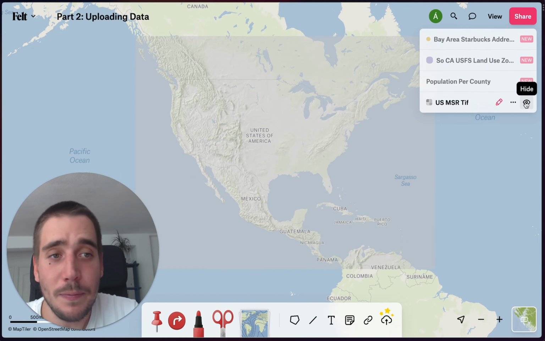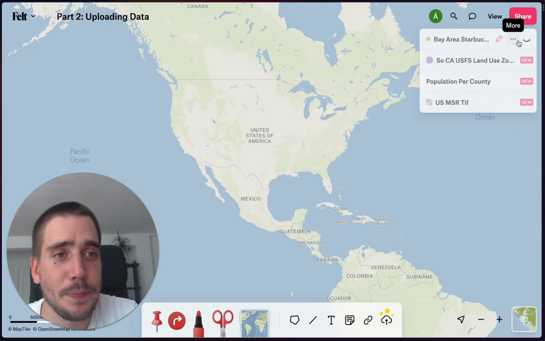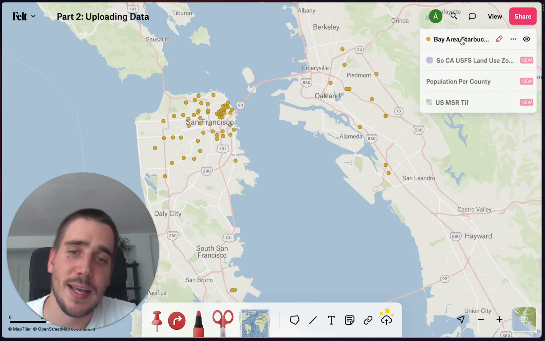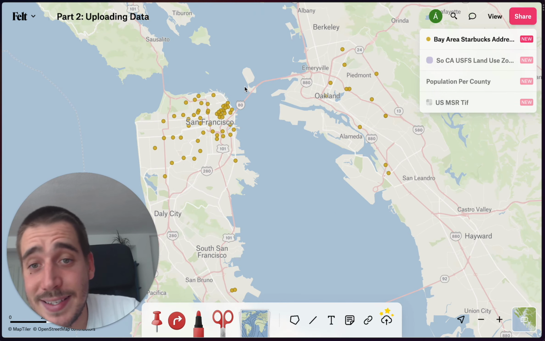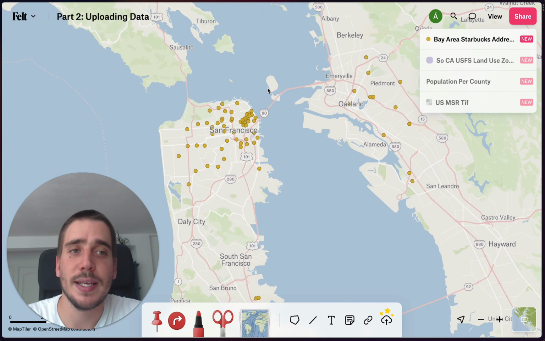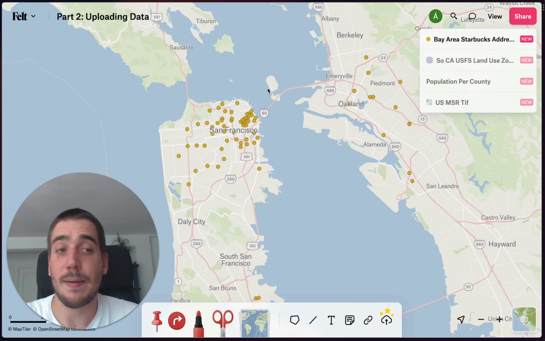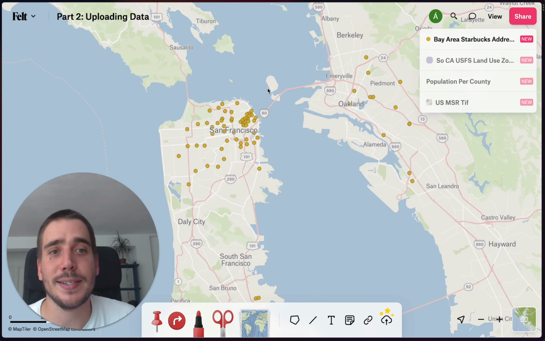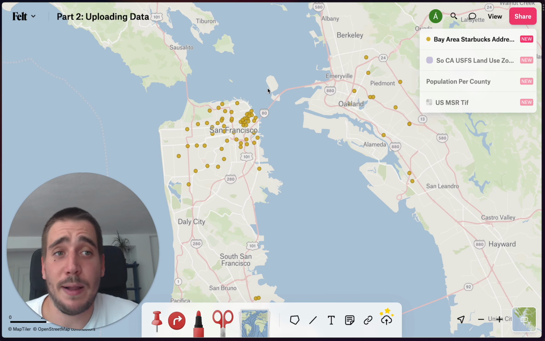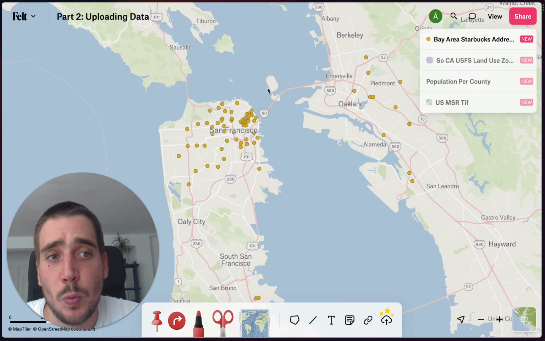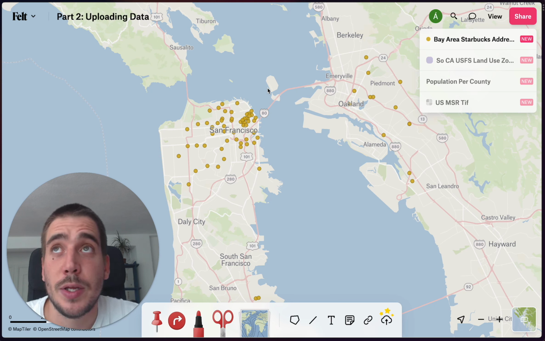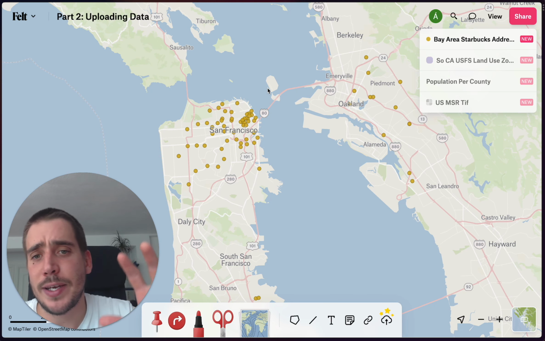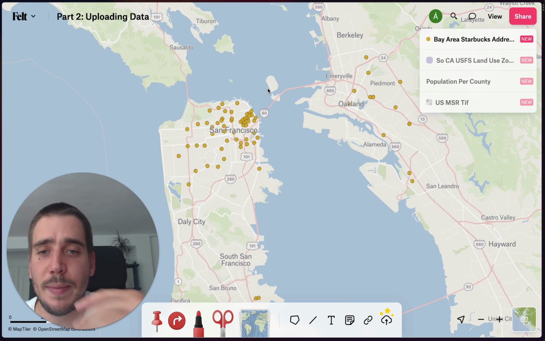Okay, what else? We've also got the Bay Area Starbucks. This is just a point data set. It seems simple, but it's actually pretty interesting because, as you can see, the name says Starbucks addresses. So here we're starting to see one thing that's easy to do in Felt that is quite difficult to do in other kinds of GIS, which is to add data that doesn't have explicit coordinates. What I mean by this is that